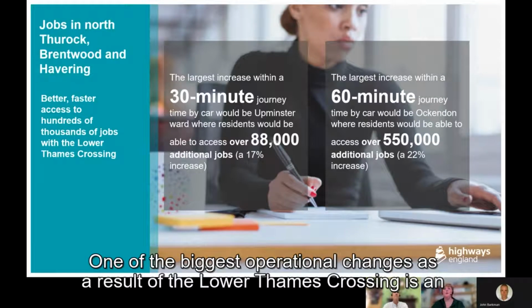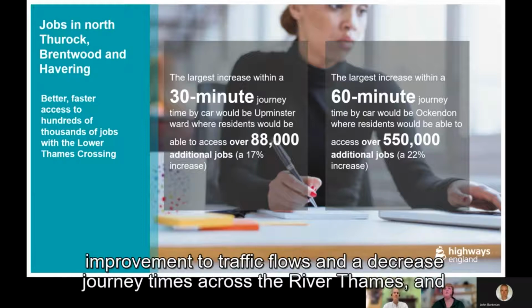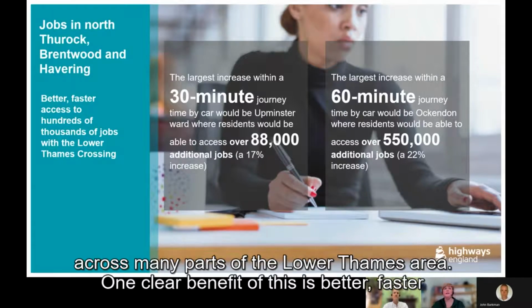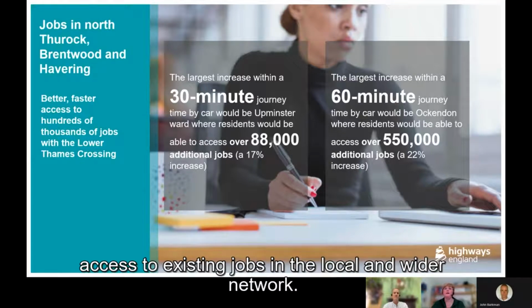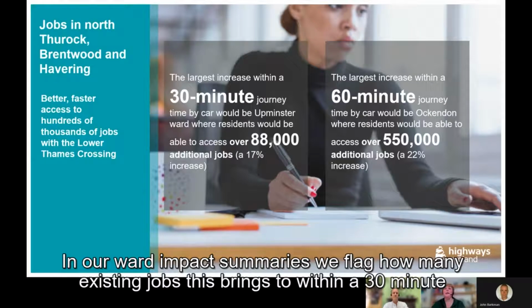One of the biggest operational changes as a result of the Lower Thames Crossing is an improvement in traffic flows and a decrease in journey times across the River Thames and across many parts of the Lower Thames area. One clear benefit of this is better, faster access to existing jobs in the local and wider network. In our ward impact summaries, we flag how many existing jobs this brings to within a 30 or 60-minute commute